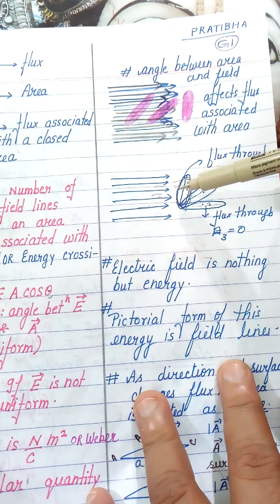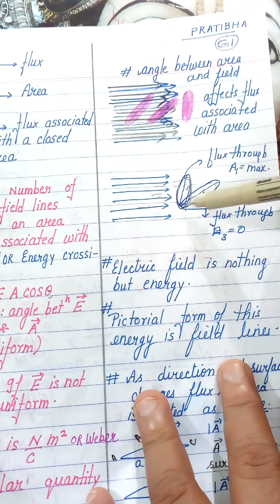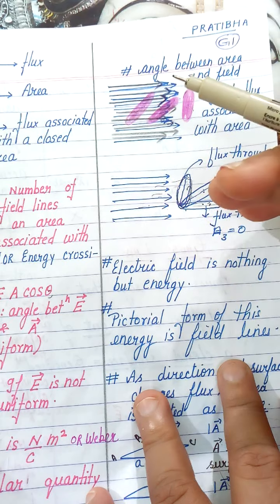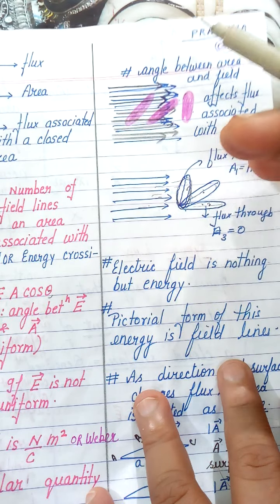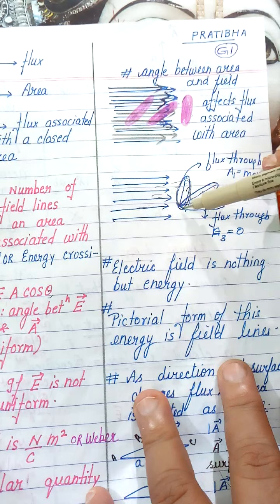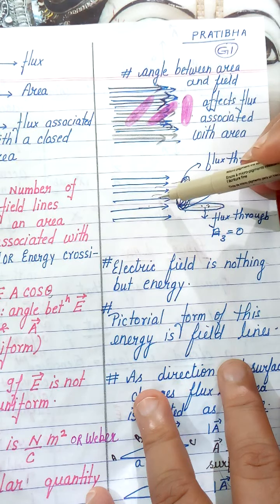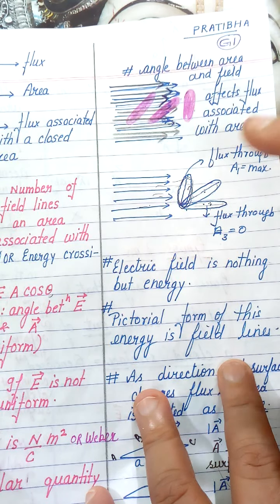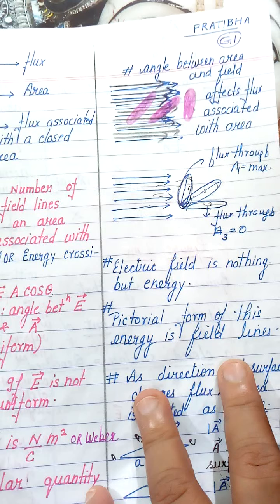So we can say that this is maximum flux associated with this area. And if the area, surface area, becomes parallel to the field, then no line penetrates the area. So actually flux linked with the area, or flux penetrating the area, becomes zero. That means the orientation and relation of the flux is such that flux is actually proportional to cosine of